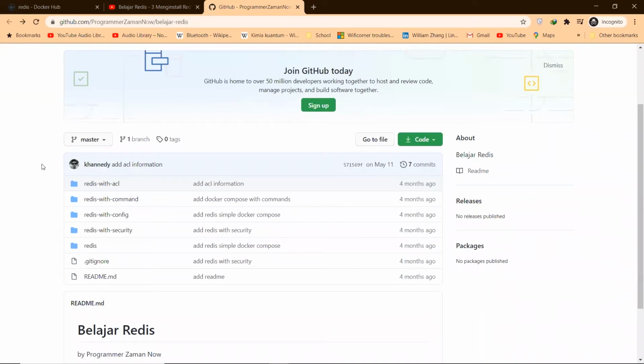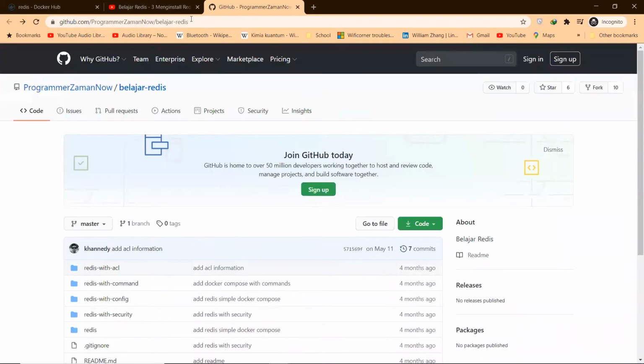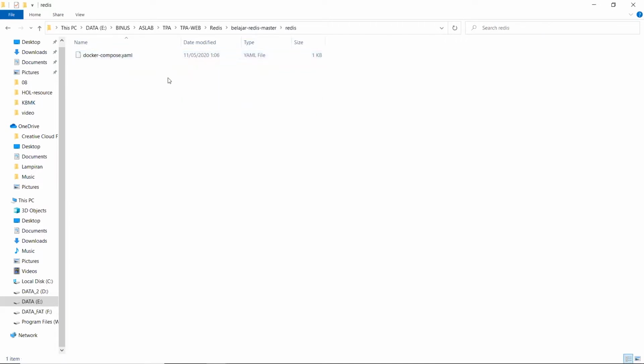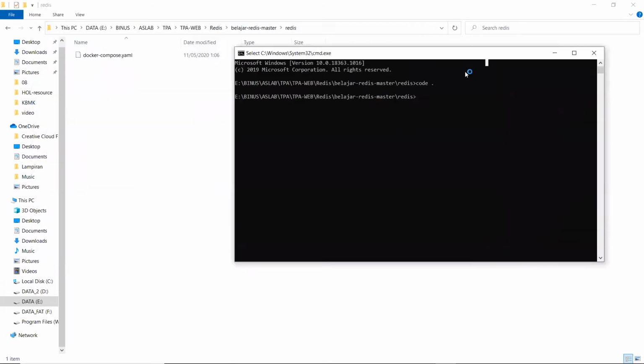Next, we're going to download the run settings for Redis. We get it from the GitHub of Programmer Zaman Now, from Belajar Redis. Now we have downloaded the Belajar Redis master package from Programmer Zaman Now. We open this Redis folder and we get this docker-compose.yaml file. We open it in Visual Studio Code.